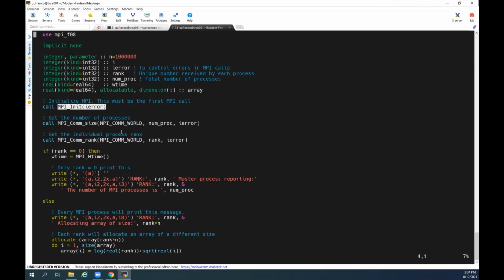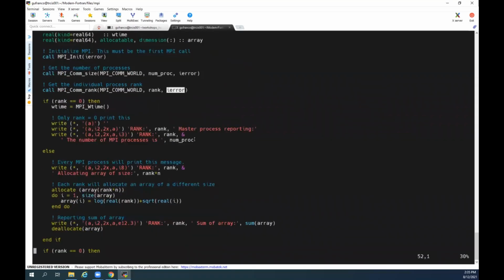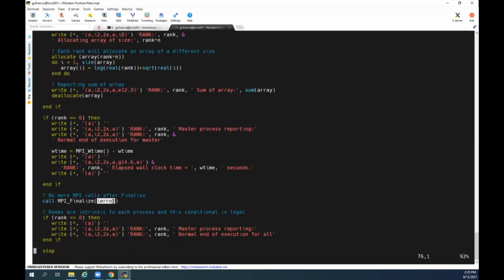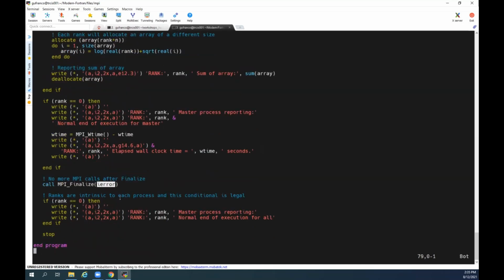In the case of Fortran, you will see that these are calls, these are subroutines, they don't return anything like functions do. So they have this integer ierror, that we are not using, but a more professional code will gather those in case something bad happens, to know which error condition was triggered. Usually those things after this will go into a function that will decide if something bad happened. And here,